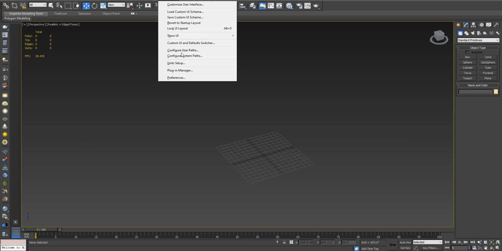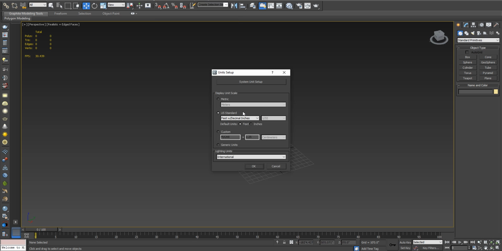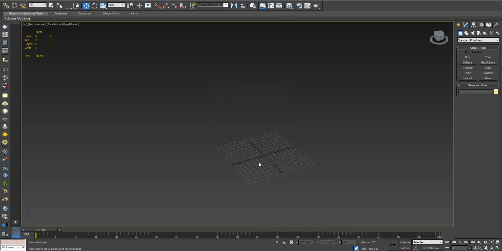Again, back in the unit setup, we have the metric ones too. So if I switch it back to inches, I'm going to cover the metric ones in a bit. We have feet with fractional inches, which are fractions. We could choose like 1/32, 1/4 and all. This means 0.25, and 1 would be a perfect inch. Like let's say we have 100%. What is 1/4 of 100? 25, meaning it would be split into 4 parts. One inch could be split into 16 parts, or 32, or 64, if you choose 1/4. So now if I draw